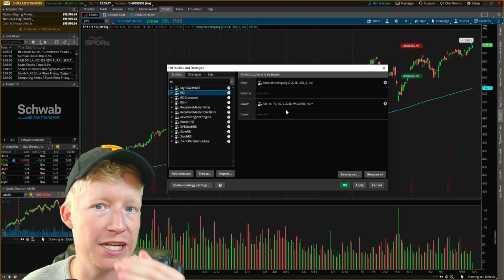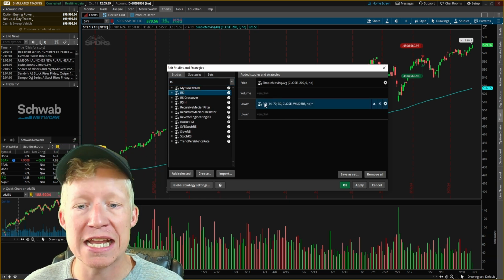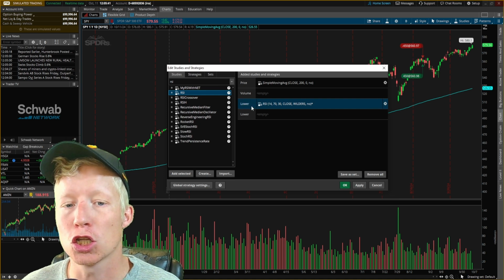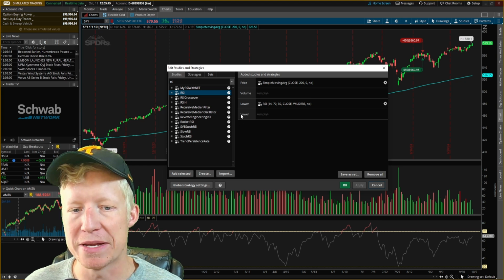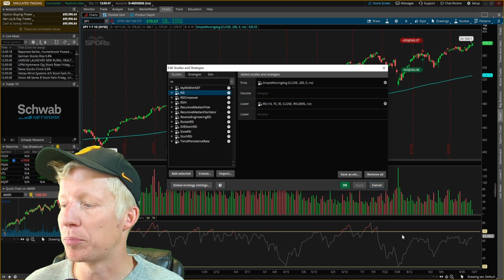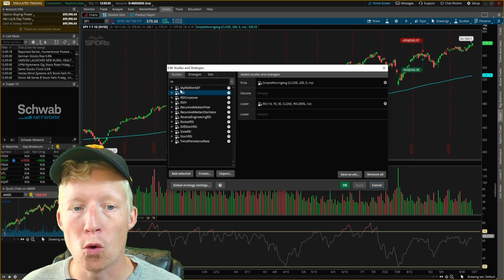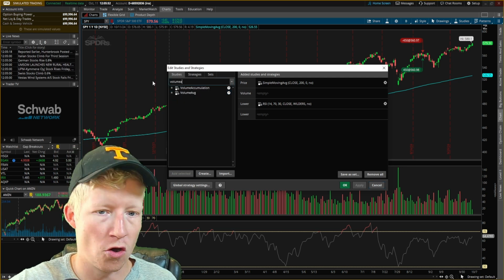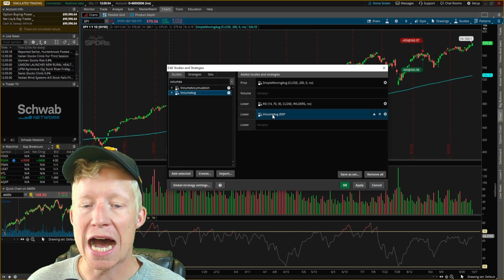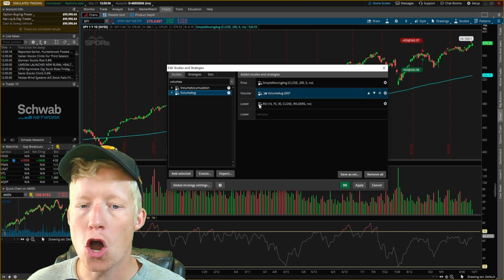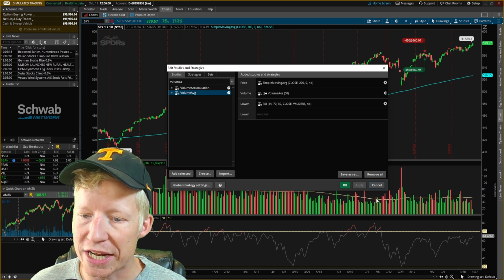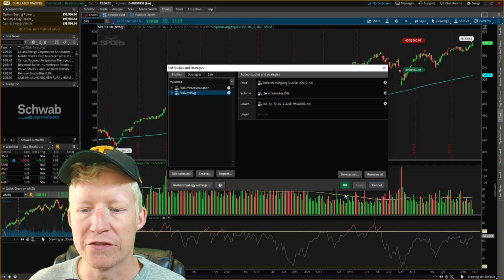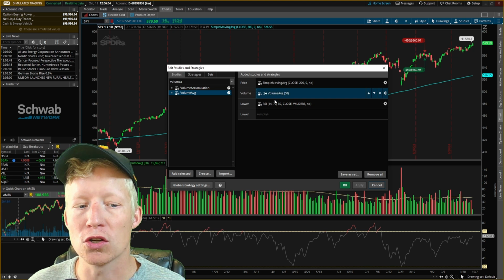I want to turn on the relative strength index. Now notice how this one is showing in this lower section instead of on the price section. That just means that your RSI here will plot in this area below the chart. If I wanted to turn on a volume average, I can then drag this one over this volume section. If I hit apply now, you will notice the average volume of the last 50 bars being plotted and overlaid